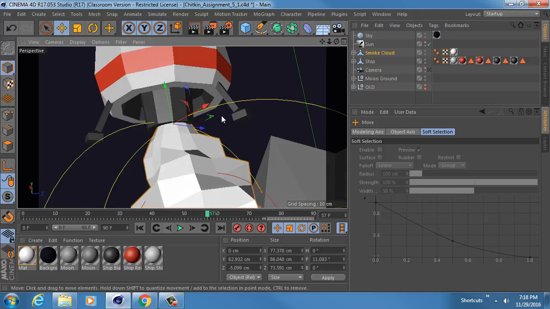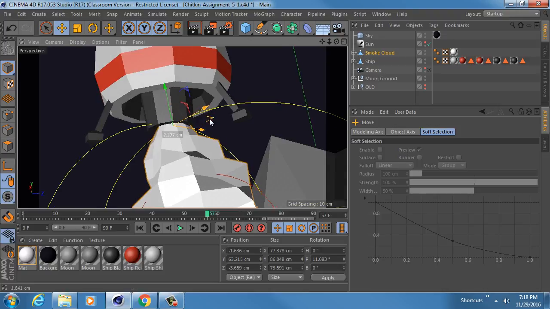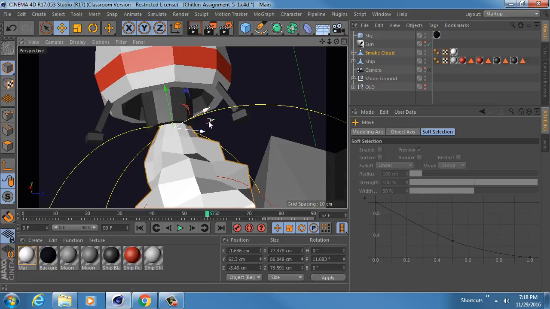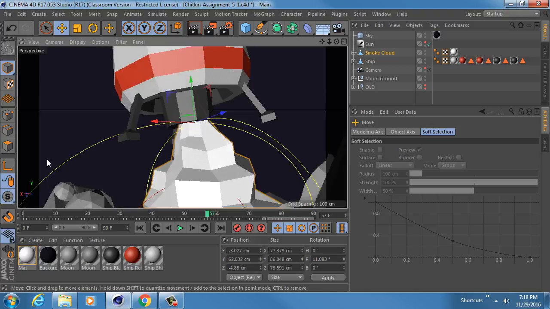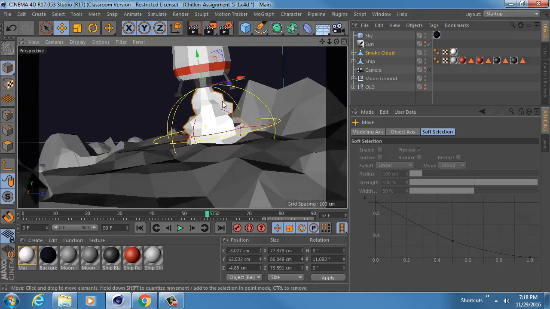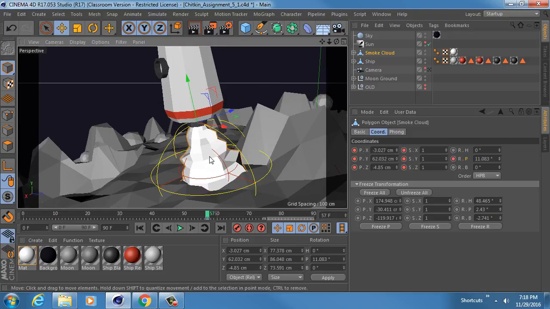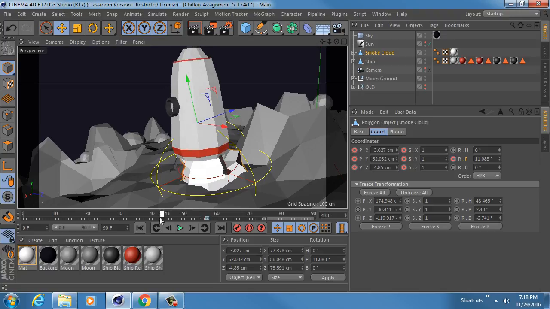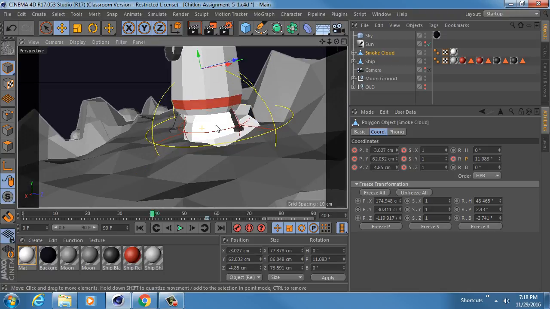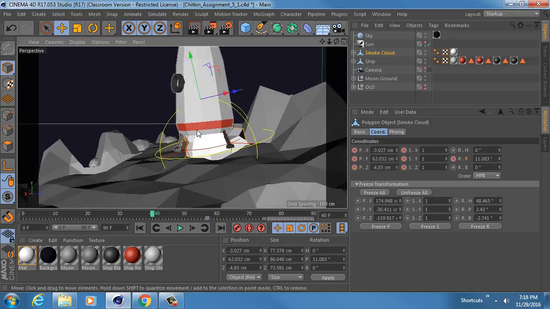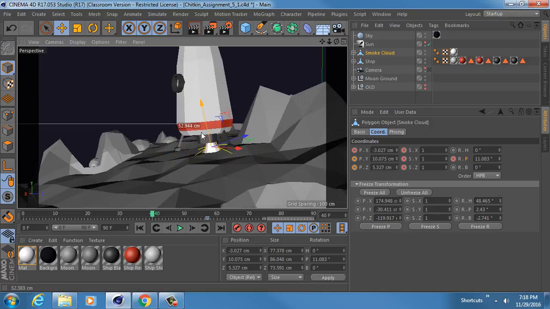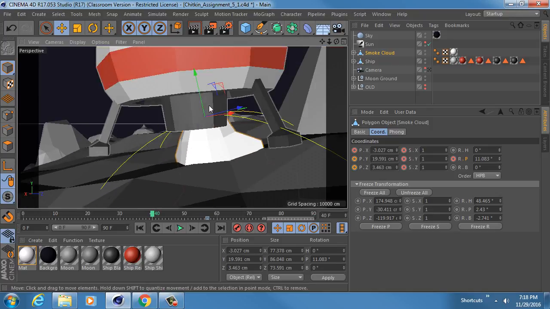Play this up again. Cool, looks good enough. Alright, so at whatever frame I'm at, let's just keyframe a bunch of these, because who knows how this is going to work. Not me. So if we lower this down,